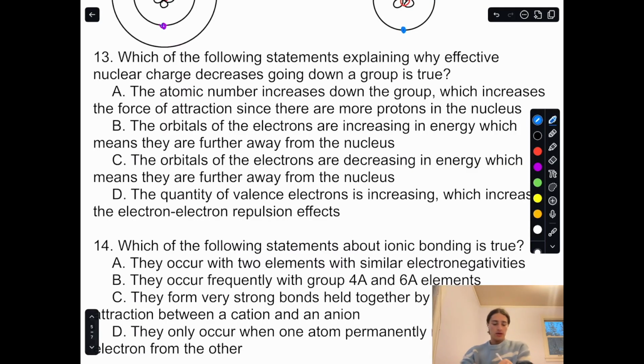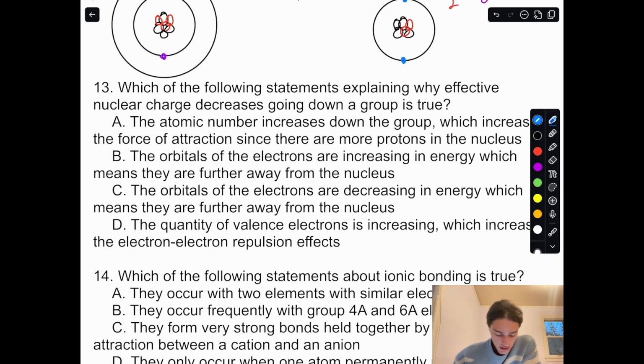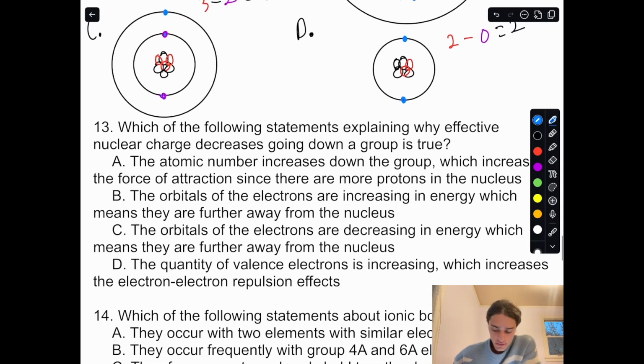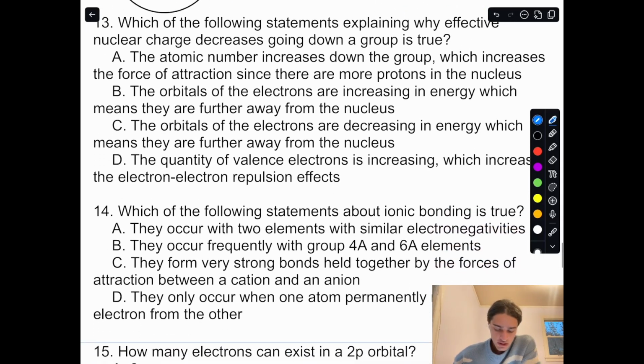13. Which of the following statements explaining why effective nuclear charge decreases going down a group is true? Okay, this is another kind of jargony one, but really, it's just asking, why does effective nuclear charge decrease going down a group? So this one, I might honestly be tempted to just try and think about it